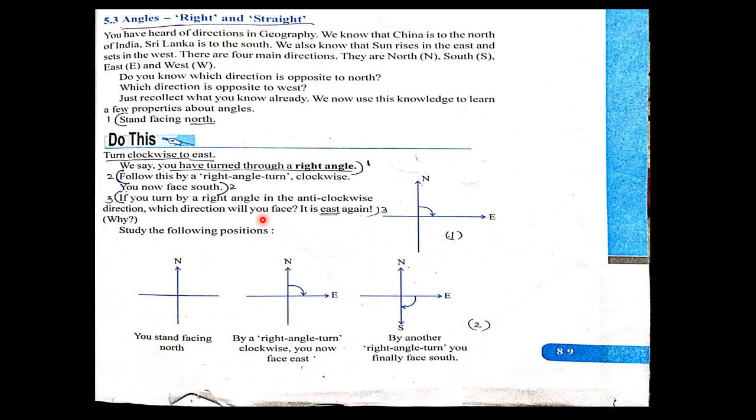Okay children? These points you don't write in the notebook, just you read the textbook and learn these points from the textbook, mark in the textbook also. Okay, here the same diagram. See, you are standing facing north and you are turning to east by moving a right angle in the clockwise direction. Clockwise direction, that is from here north to east, turning south, then reaching north, that is clockwise direction. And here it is shown from east to south reaching also you are turning one right angle. Okay children?